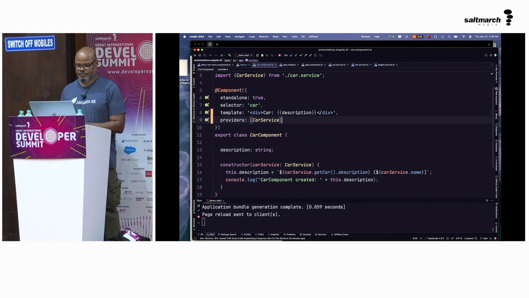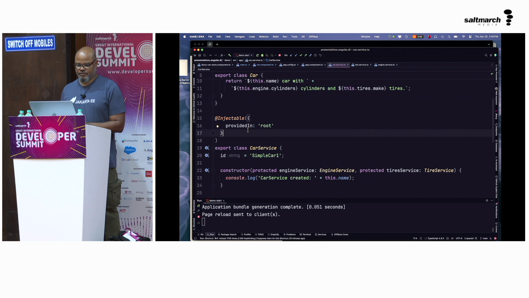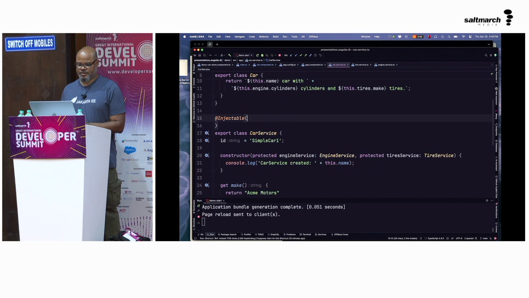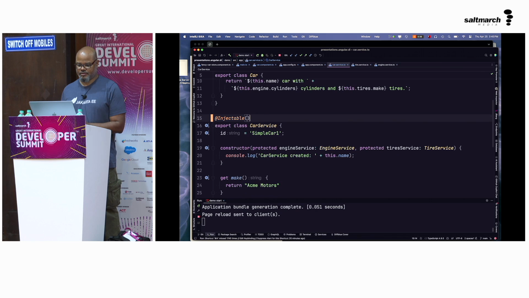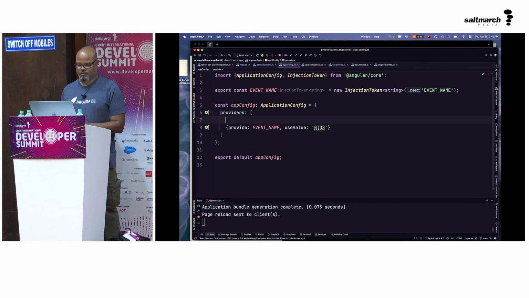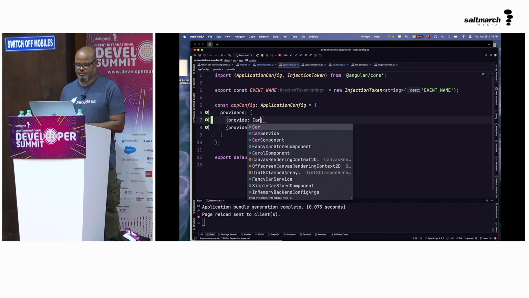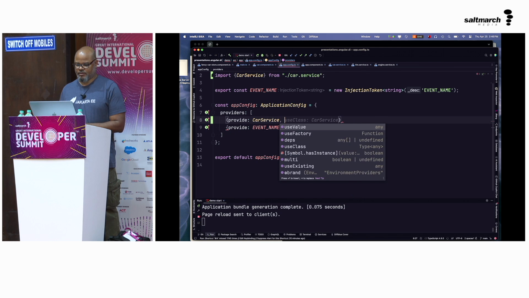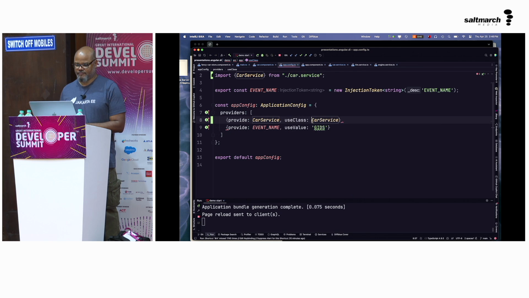And then I'll go back over here and I'll get rid of provided in root. Keep things simple. And I'll go back to my app config and I'll use a provide car service, but I'll use class fancy car service. Okay.